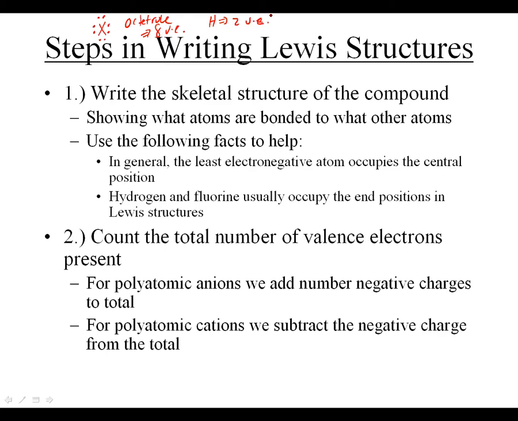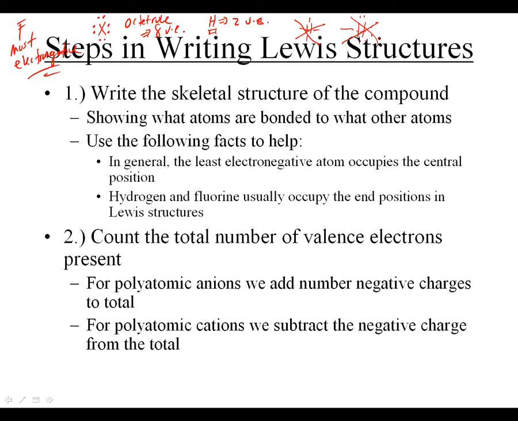We will never find hydrogen or fluorine in the center position in the Lewis structure, and that's for a couple of reasons. A, fluorine is the most electronegative, so it will never usually find itself in the center. And second, hydrogen will never be in the center, because if you put hydrogen in the center, it will end up with too many bonds. So hydrogen always has to be on the outside. Hydrogen, as we also talked about, should never have dots around it like this. Those are all wrong. So hydrogen pretty much will just make one bond